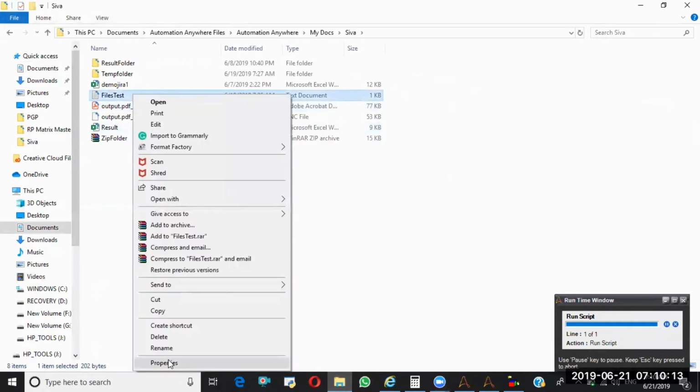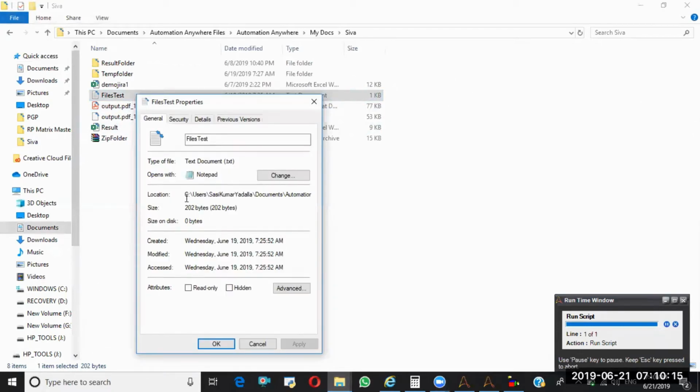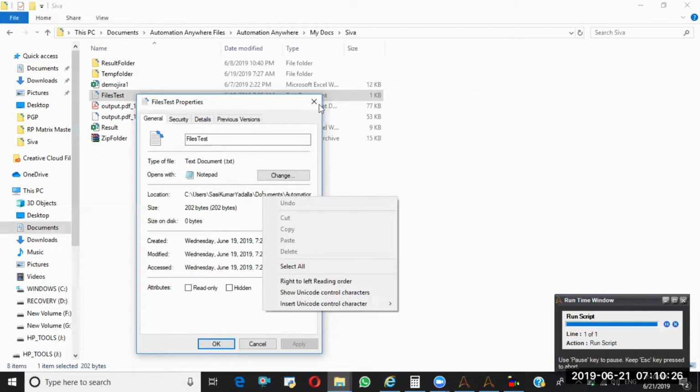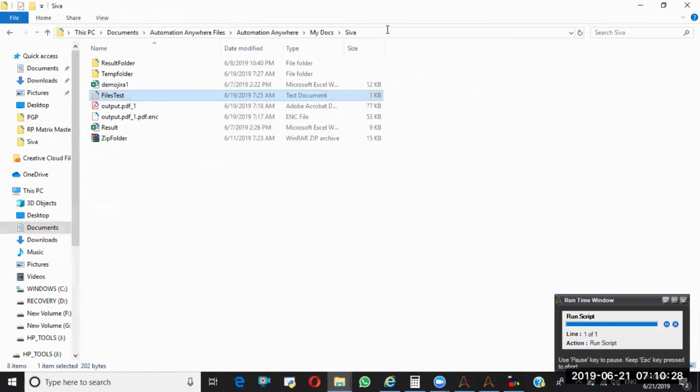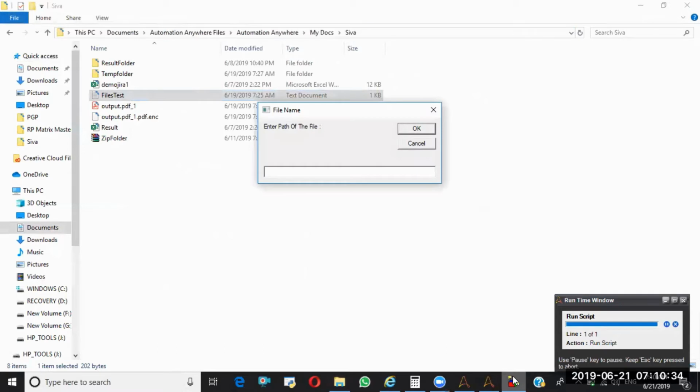Properties. I'm selecting this path, slash, along with the file name followed by the extension.